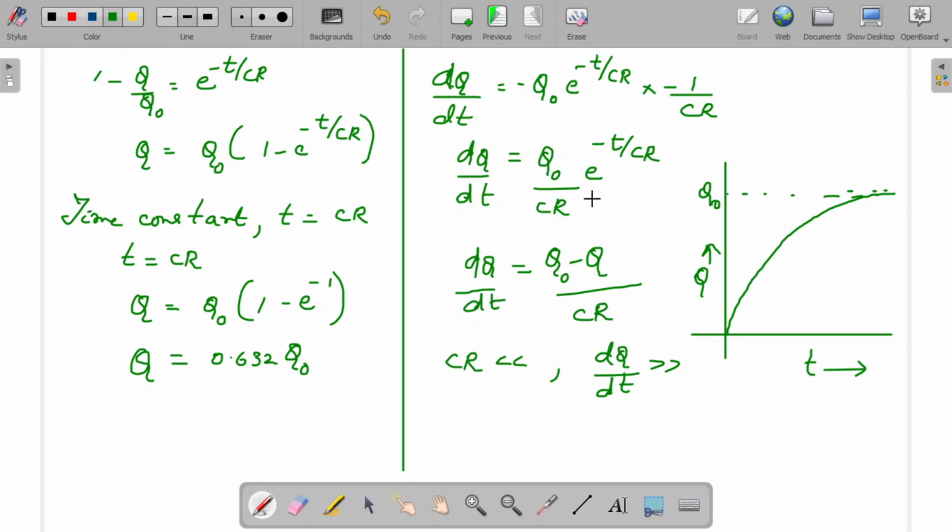Okay, so this is about the growth of charge happening in a circuit containing a capacitor and a resistor. We discussed in detail the circuit and the circuit analysis, and finally understood how the charge grows in a capacitor. Now we have to understand how the charge decays in a capacitor, again through the resistance. If you have understood this part, and if you have understood the decay of current in an LR circuit, you can easily calculate the decay of charge in a capacitor.